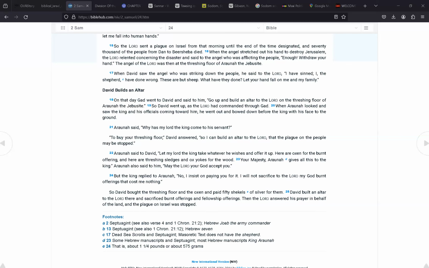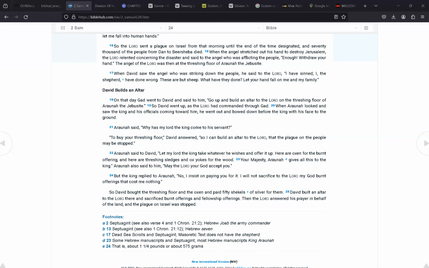Threshing floor of Aruna, the Jebusite. We got to study this. That's a good scripture. What you're looking for is to try to find that land that David purchased and built an altar on. It sounds like there's several lands that you could look up, is what you sound like you was reading. Well, this is where the land where the plague was, and then David bought something on the